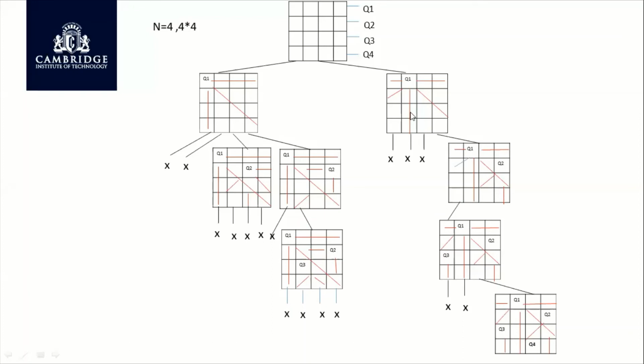So we place the first queen in the second column, then the second queen in the fourth column, the third one in the first column, and the fourth queen in the third column. Now this is one solution for the 4 queens problem. I have just tried to generate one solution using backtracking. One of the solutions for the arrangement of queens on the 4x4 chessboard is 2, 4, 1 and 3. These determine the column positions: 2 for queen 1, 4 for queen 2, 1 for queen 3 and 3 for queen 4.